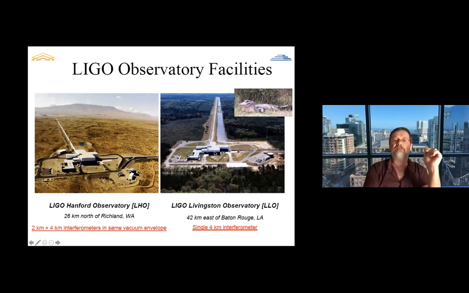Okay. And so in both cases, these instruments are built in the middle of nowhere because they are so incredibly sensitive that for this instrument in Louisiana, for example, they built it and then they realized that there was logging activity, meaning trees were felled kilometers away from the instrument, and they had trouble getting the sensitivity down because those falling trees on the ground would disturb the instrument. Very interesting. To give you a sense, the arm here is 4 kilometers in length.